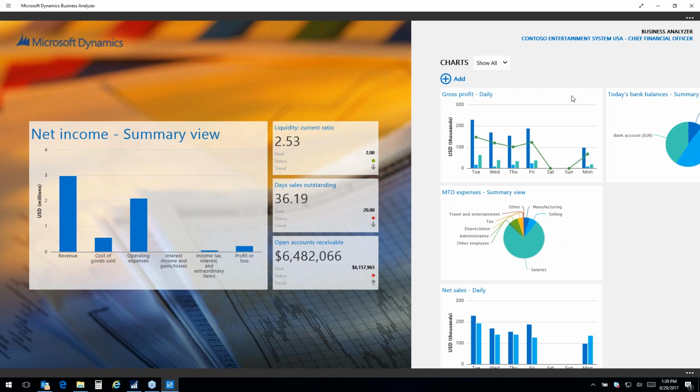So you could go right now, if it's Android, into the Play Store or the Windows Store or your Apple Store, and you could search for the Business Analyzer, and you could download that